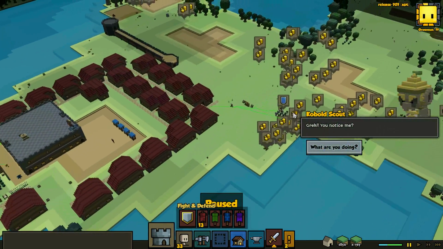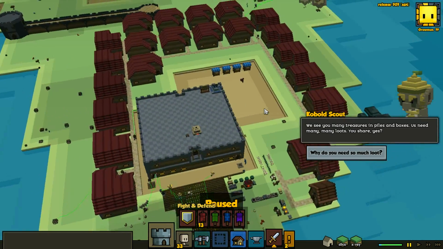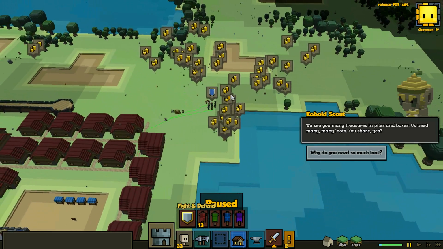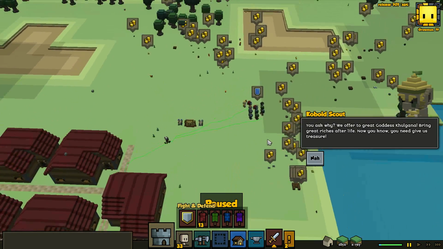Kobold Scout! Crack, you notice me? What are you doing? We see you have many treasures in piles and boxes. Us needs many, many loots. You share, yes? It just sounds like someone who's been smoking too much, honestly, that voice. Why do you need so much loot? You ask why? We offer to great goddess